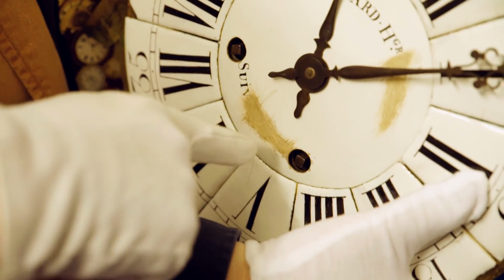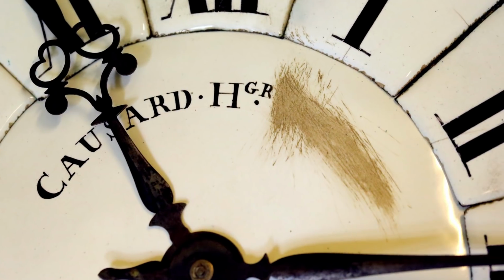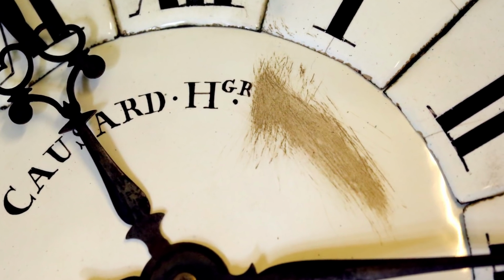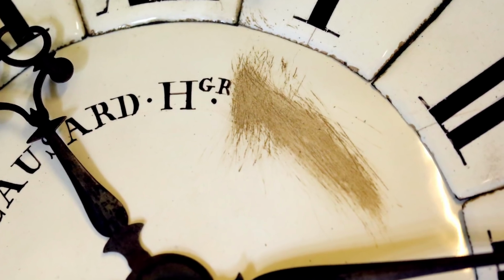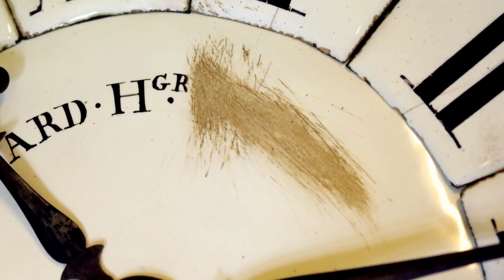I'm not certain what was down below, but up above it certainly was a clockmaker to the king, or maybe to the queen, in which case, when the French Revolution came along, that was quickly scrubbed out. You didn't want to be associated with the Ancien Régime. It's obviously got dirty over the years, but when it was first done, possibly it wouldn't have been quite so